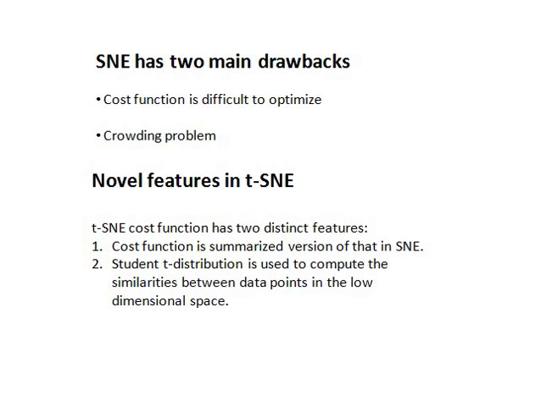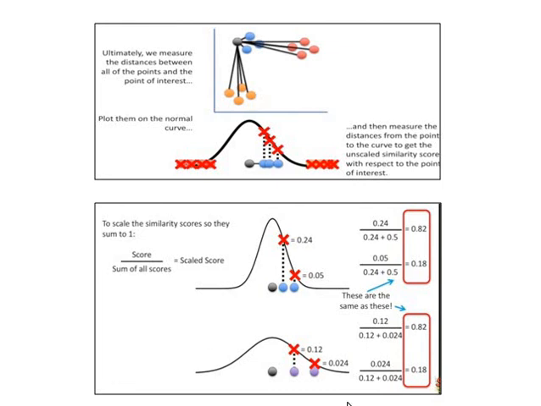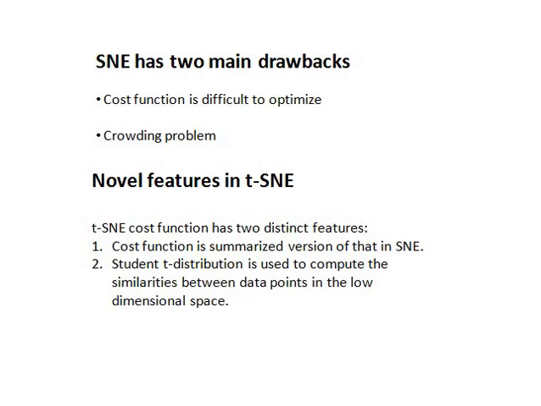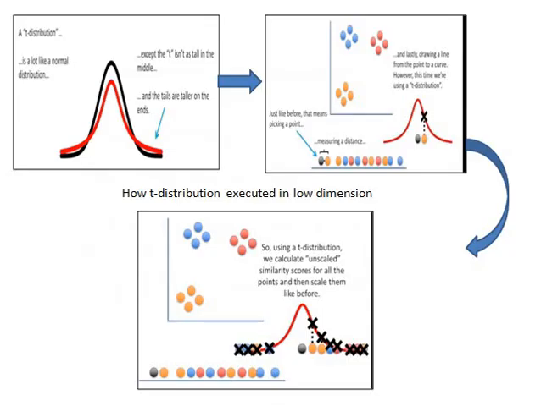That is nothing but this problem. When more data points are crowded here, there will be a crowding problem. The distances are not captured well. That's why we tackle this problem by applying the T distribution curve in the low dimension. We can see here, this red curve is the T distribution curve. This black curve is a normal distribution curve. The black curve is used in high dimension, and the T distribution curve, this red curve, is used in the low dimension. Again we can see the procedure: the distance between each data point is calculated, mapped on the curve, and we try to obtain the probability.